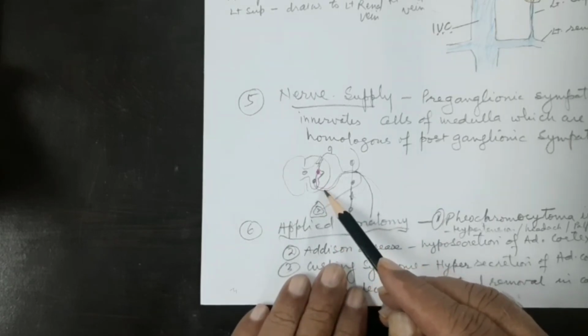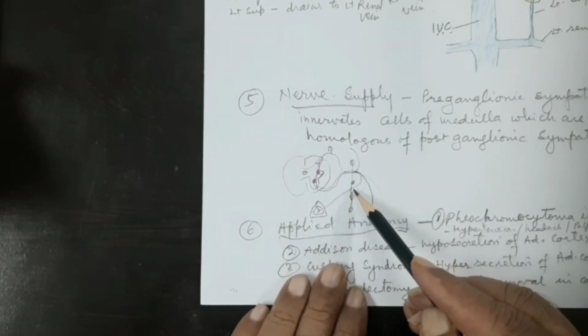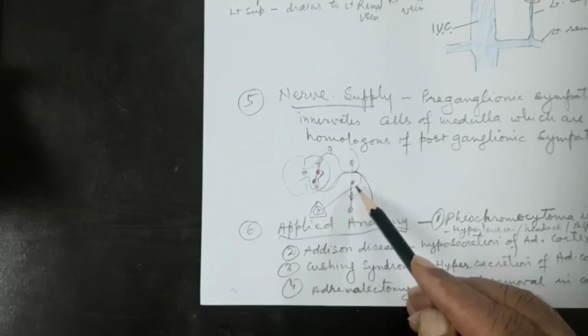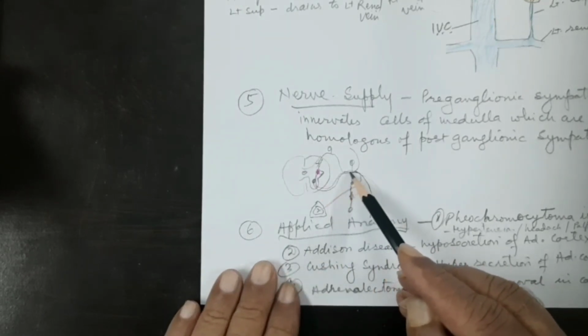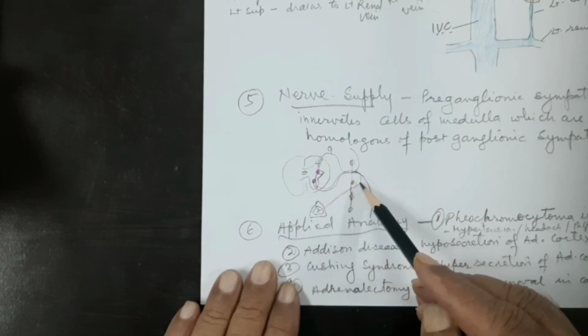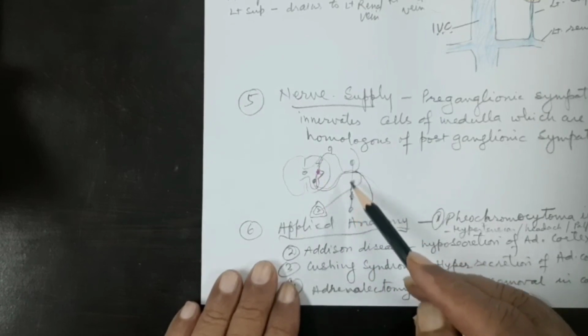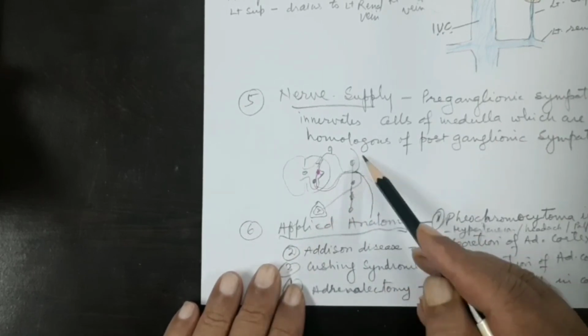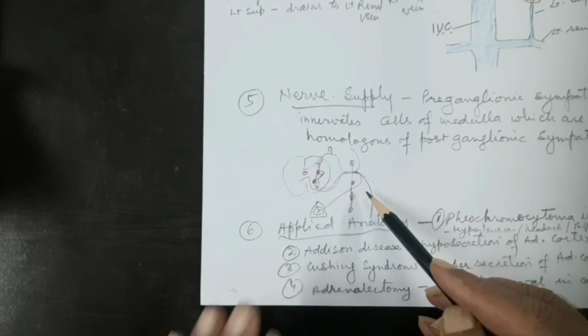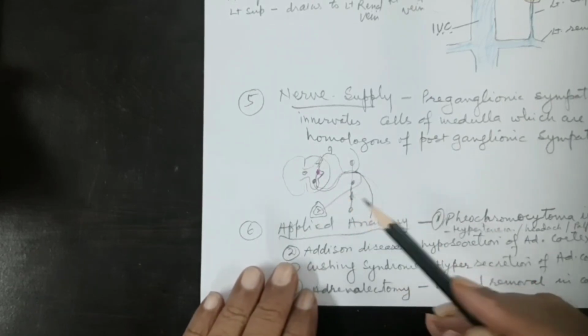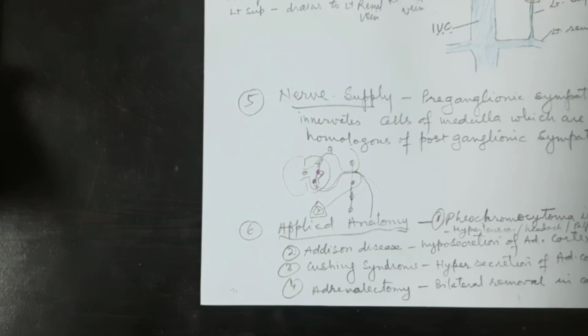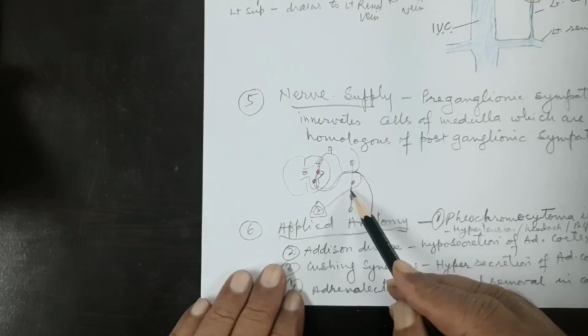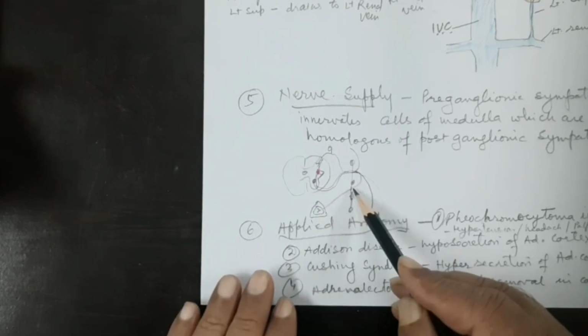These fibers come in the splanchnic nerve and then go towards the medial side, forming the splanchnic nerve. And these are the preganglionic sympathetic fibers which do not relay here in the sympathetic ganglion. Otherwise they should relay in the sympathetic ganglion, and postganglionic fibers then run along with the dorsal and ventral rami of the spinal nerves to supply the blood vessels, the sweat glands, etc. But here, in the splanchnic nerve, they come directly without relaying.